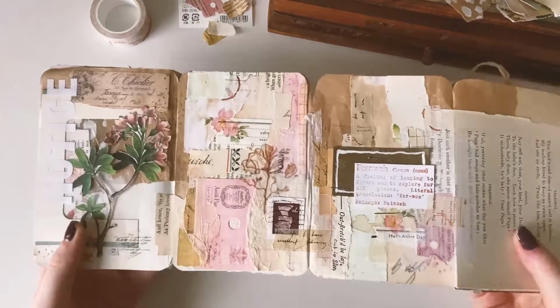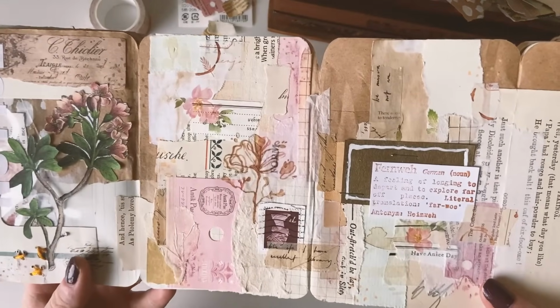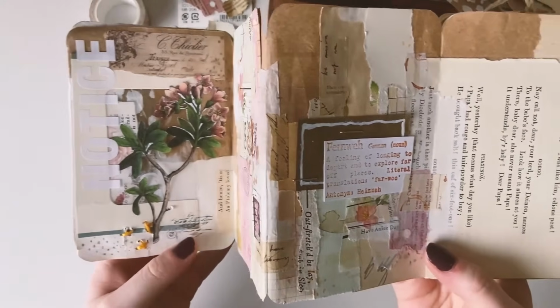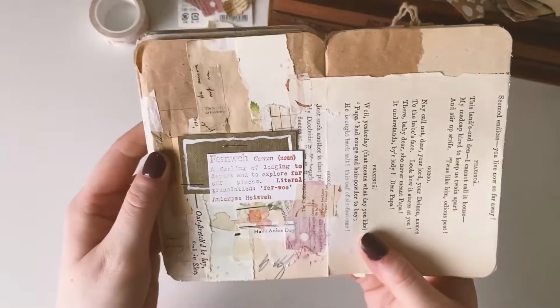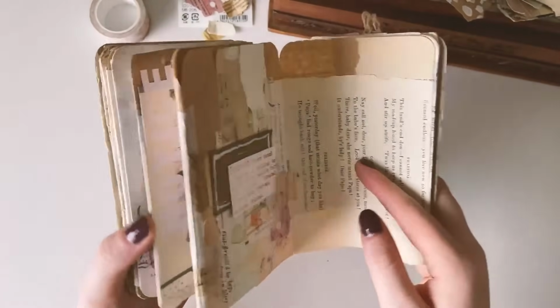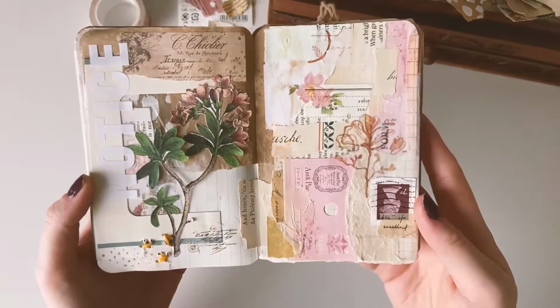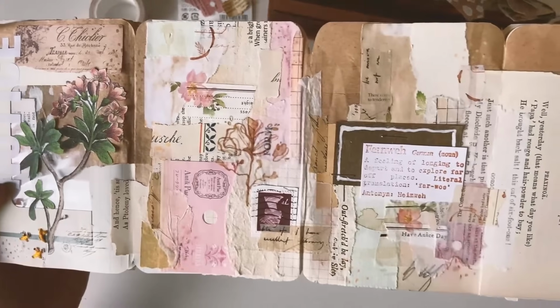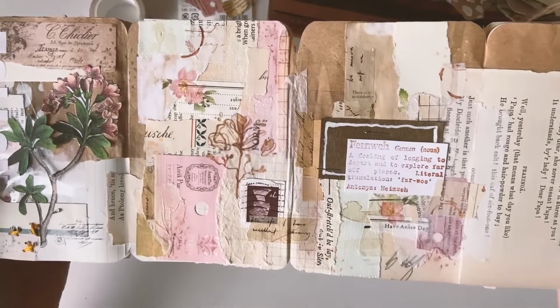on my page. And looking back at the details that I added to this page as a final touch, I realised I actually didn't add any white dots. So there's a change, that I didn't add any white pen detailing to this. I mean, maybe once I have finished this voiceover, I might actually go and add some white marks to this page, because I can see some areas that might benefit from that. But that is